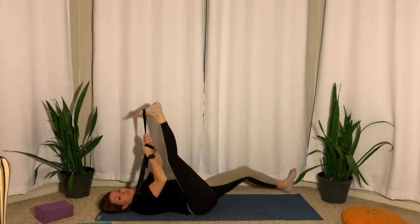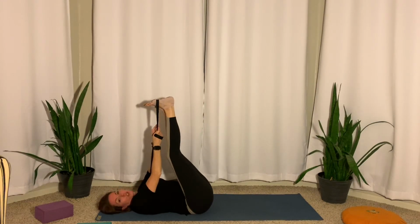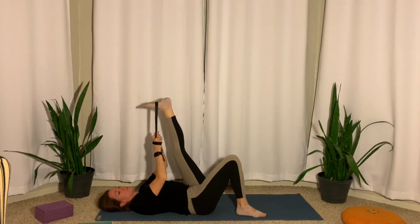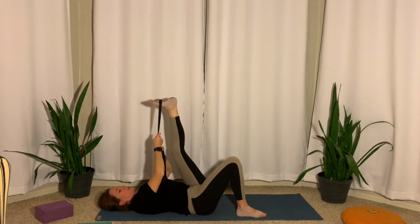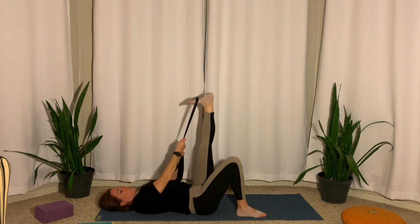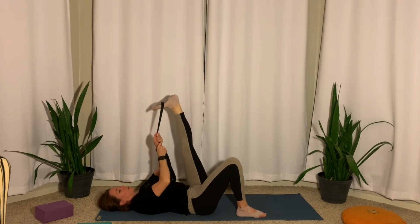Good. And then step the left foot back on the floor, bend in through the right knee, and put your left foot in next to your right, and then take the right foot out. We're switching sides. Right foot goes down, and then take your time here, situate, grab your strap, and then again, straightening the leg as much as you comfortably can, reaching that heel away from you, and then start to bring